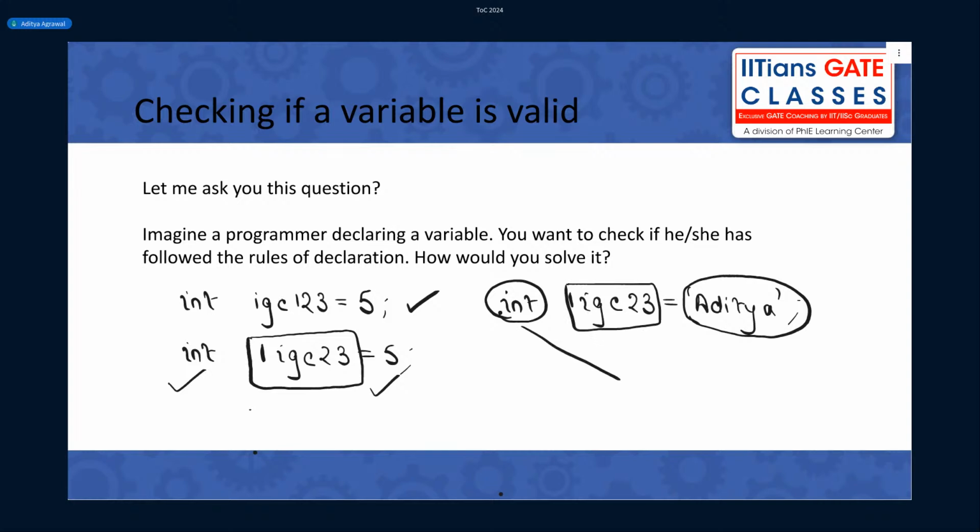Now this part of checking is done by something called the syntax analyzer that we will study when we look at compilers. Compilers is, that's why, one of the follow-up subjects of TOC, because there is a lot of link between the two. While this one is done by something called the lexical analyzer. And from where these terms come up, we'll go into it. I just wanted to get you excited. These terms we will learn more when we start talking about compilers. Okay, chalo.